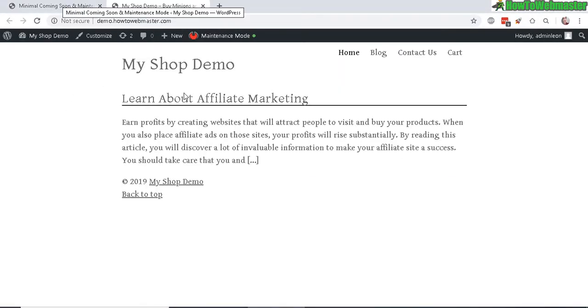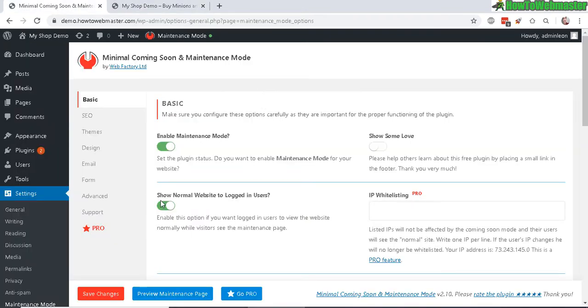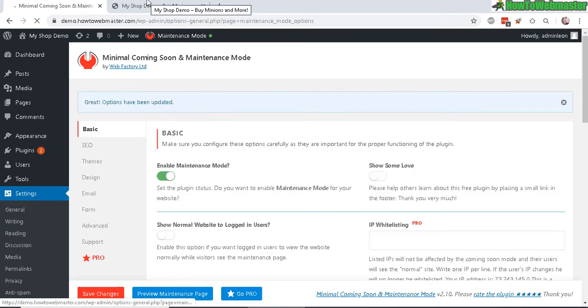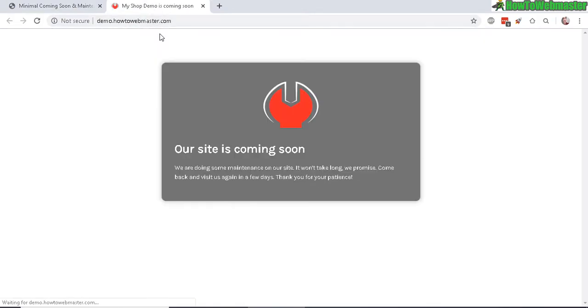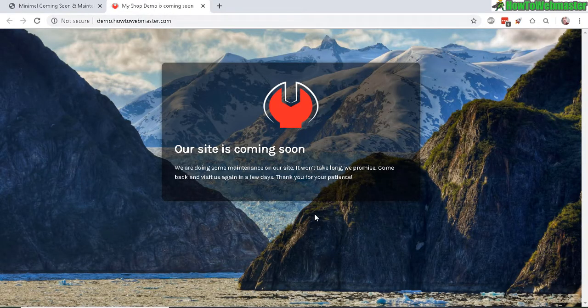Now let's see what the site looks like. Okay, so the maintenance landing page is not showing up because you need to actually disable this part right here, show normal website to logged in users. So let's save changes and refresh. So there it is. So it's just a really nice simple landing page with a background, and you can actually